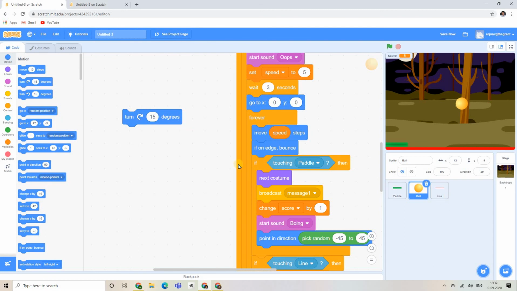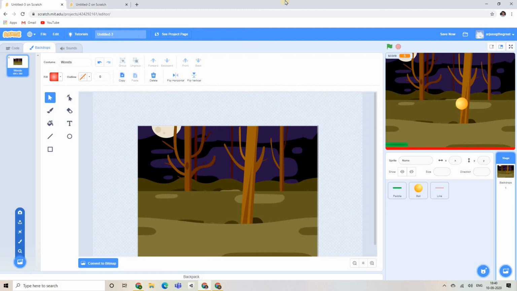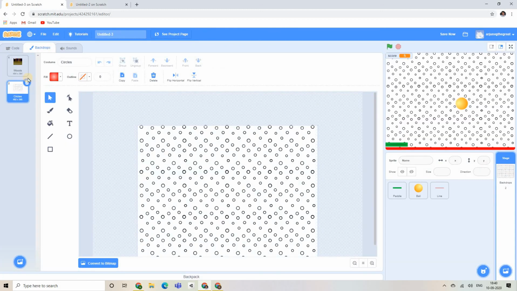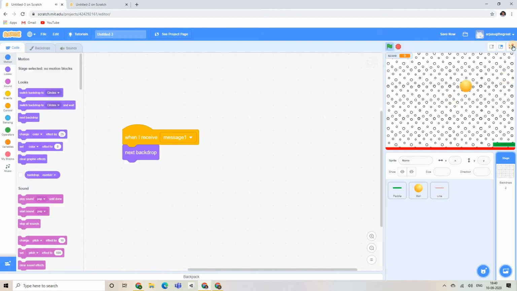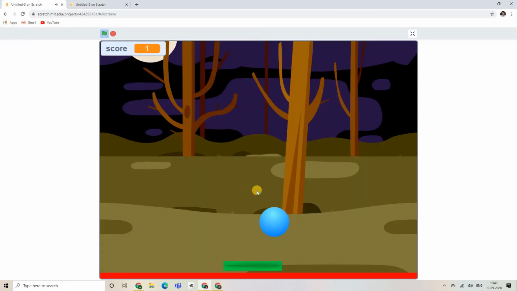Actually, because we want more backdrops and there's no use of keeping this. So we can select, go here. We can select circles, it's more easy. And also looks suits. That just happens. It's cool,